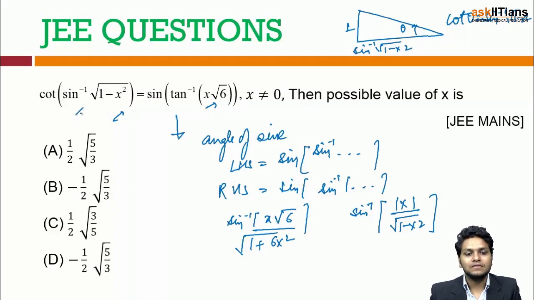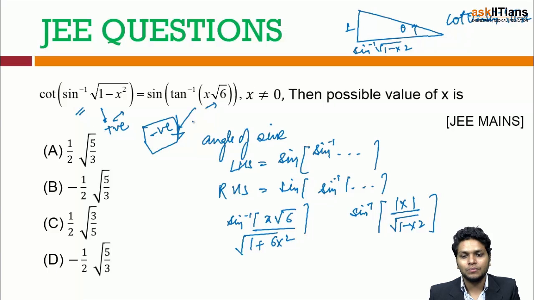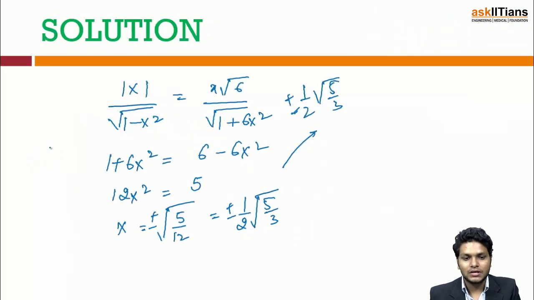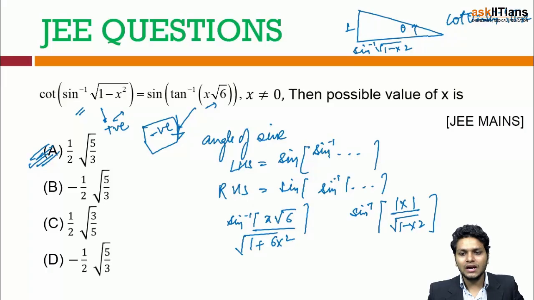But see, sine inverse will give me a positive value, right? And if I take a negative value over here, I'll come up with a negative angle. So it will be quite difficult for me to judge very specifically which answer I should take. So doing it in the first quadrant and on the positive side, if this kind of question comes, you will very easily write down its answer as option number A, because 1 by 2 plus 5 root 3 is the answer. So these are the JEE questions which were there from IIT, and you have seen how we do these kinds of questions.